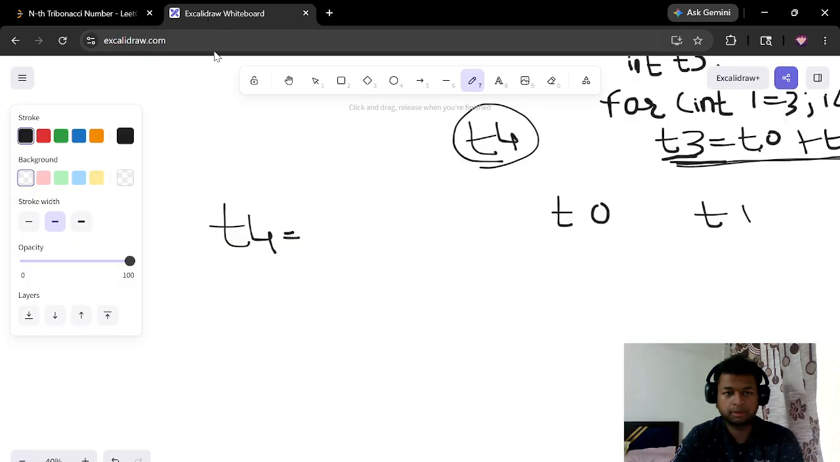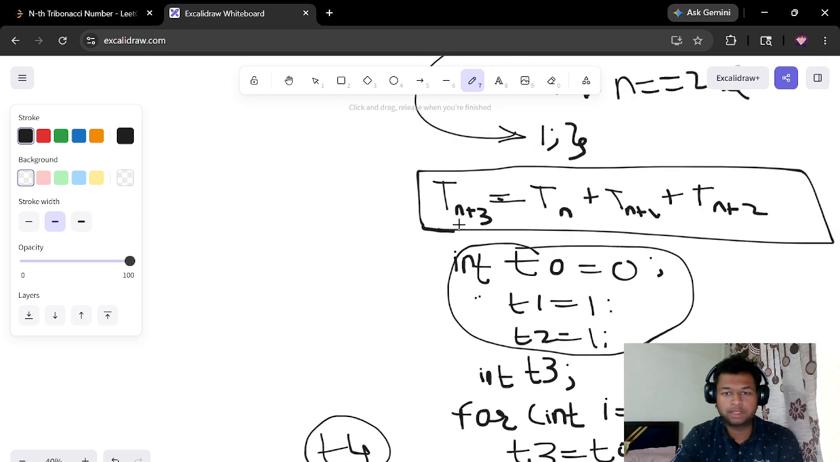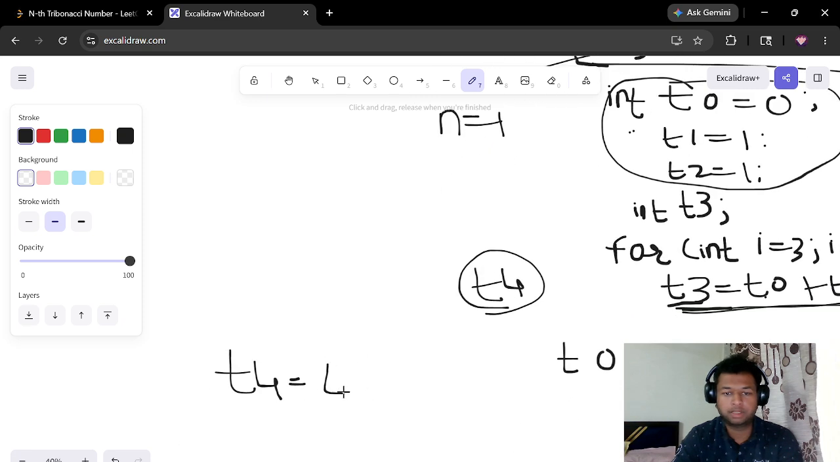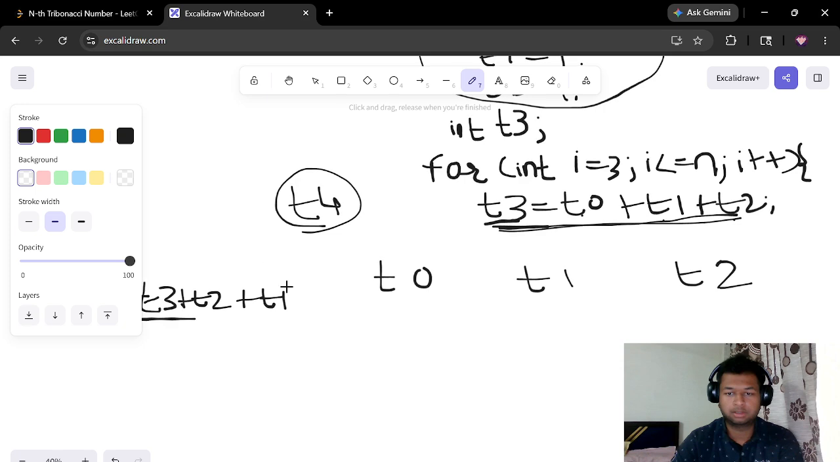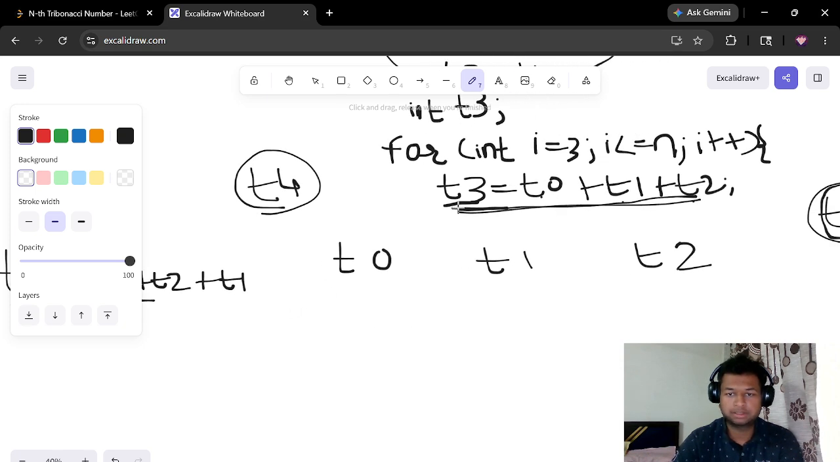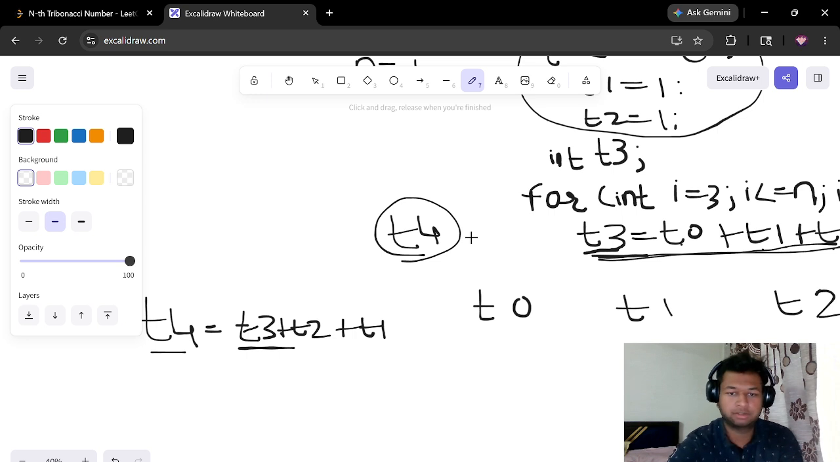If we have the general formula, to find T4 we will put n equals to 1. So we will have T3 plus T2 plus T1. So for this T4 we need to have T3 plus T2 plus T1, and we need to have that perfectly. Now we know that T4 is T3 plus T2 plus T1, but how